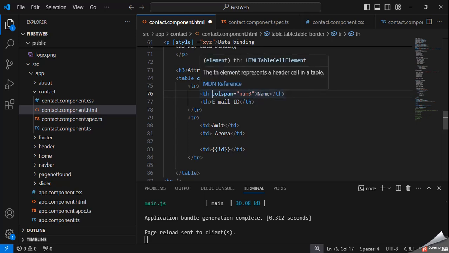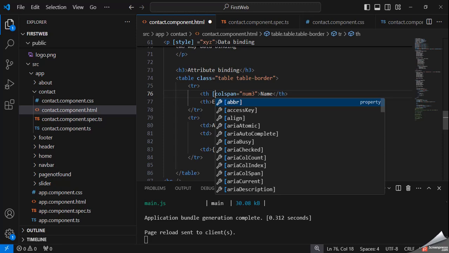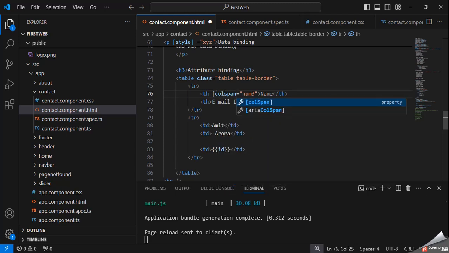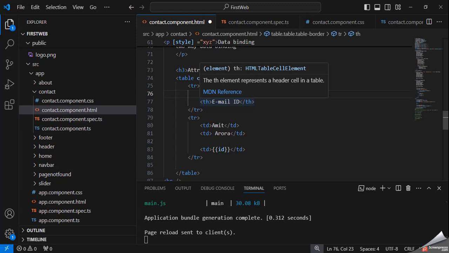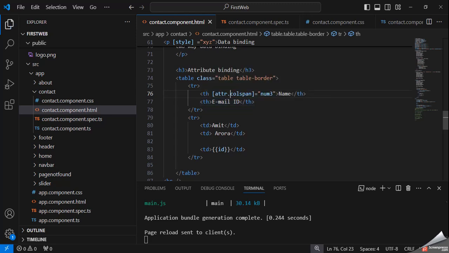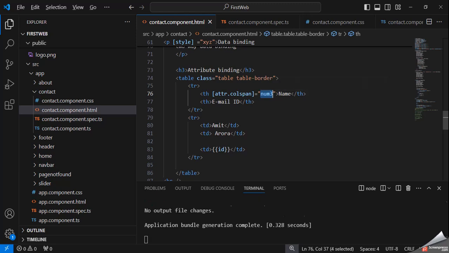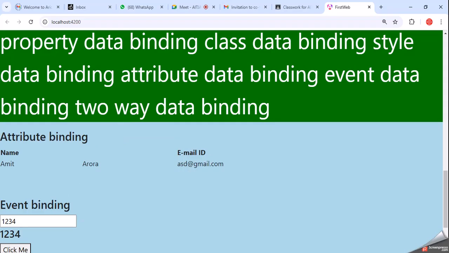So for this purpose, we use attribute binding. For this purpose, attr dot, we can specify that variable. So now it should apply the value of num3. Here you can see Amit Arora, it's working, no problem.